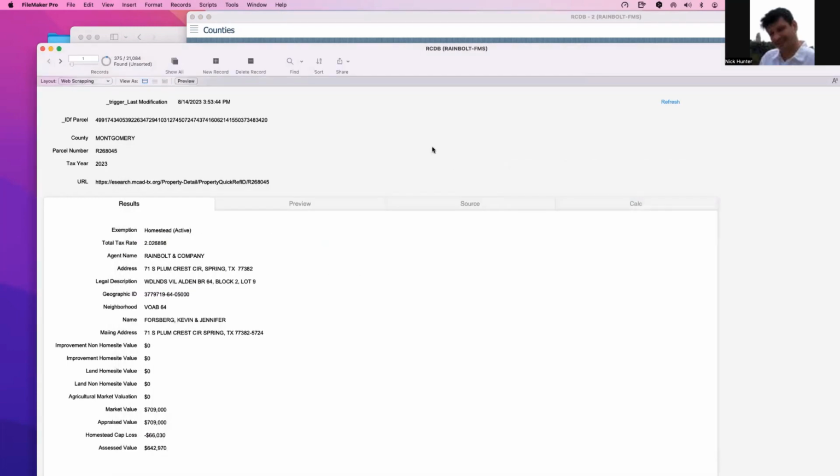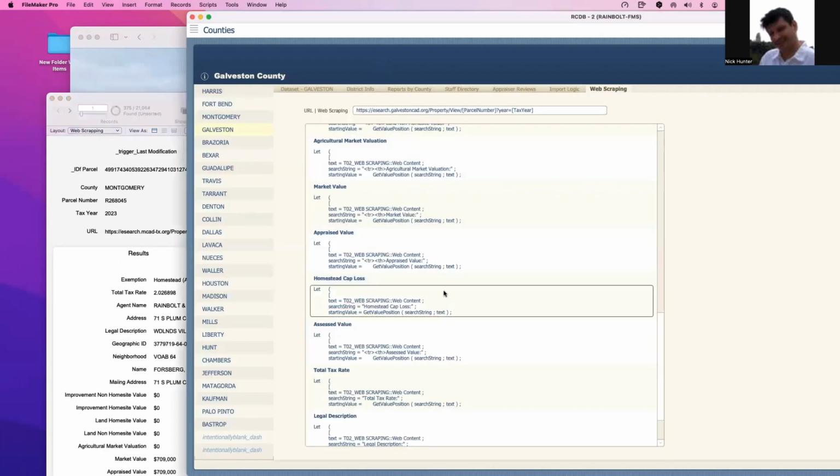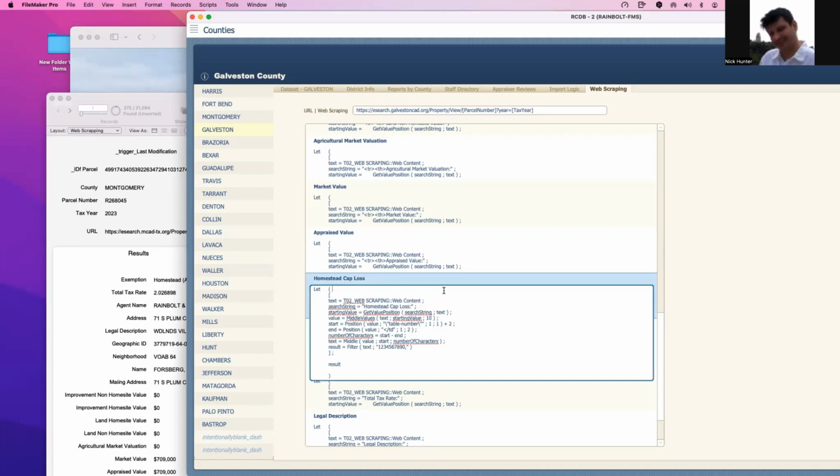This is why, if you need something that specific for one field, for one county, you have a calc. That's the best way to do it, because you can adjust and use the calc